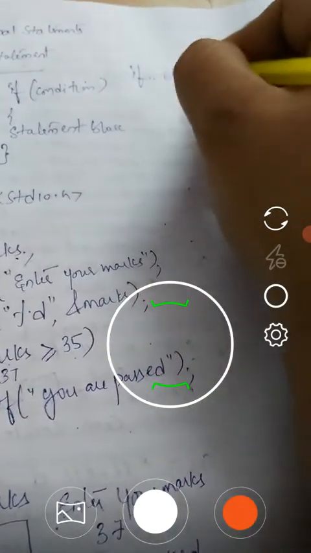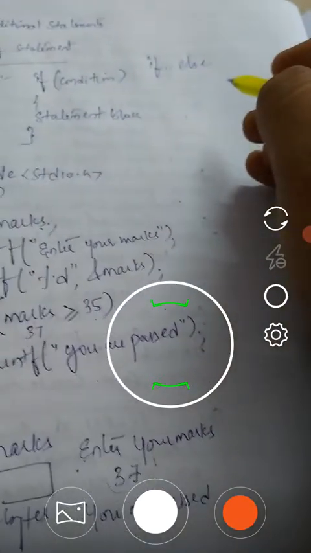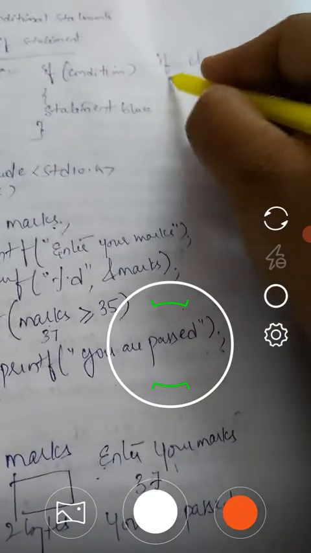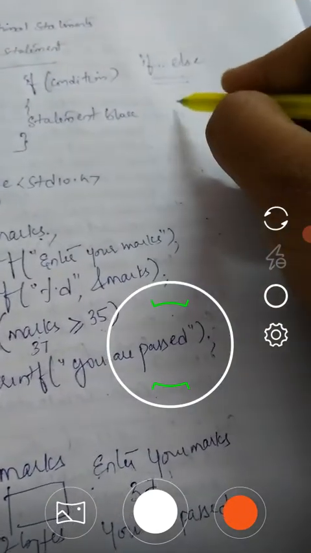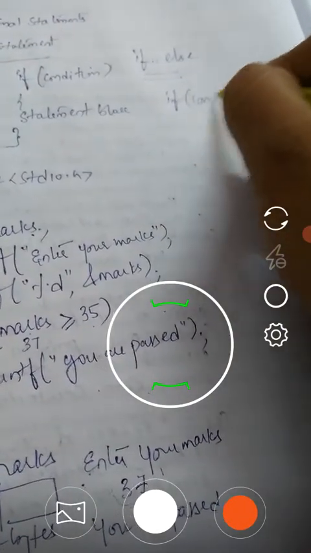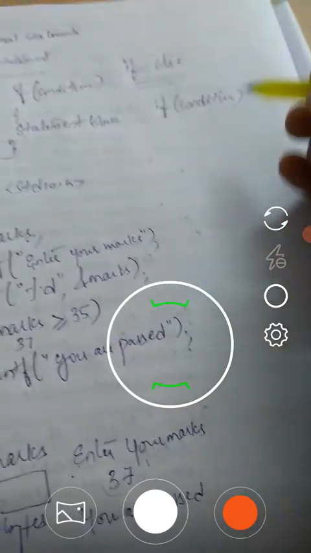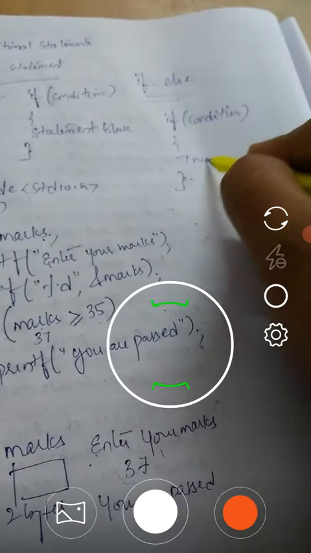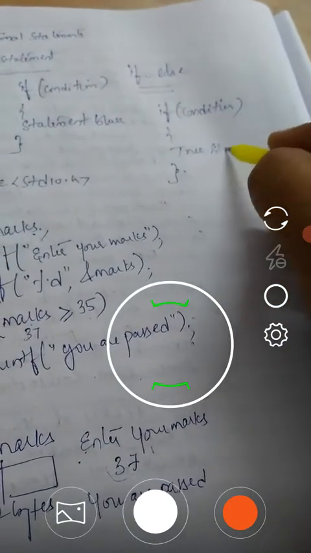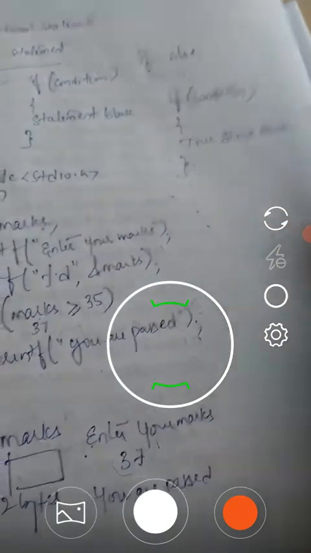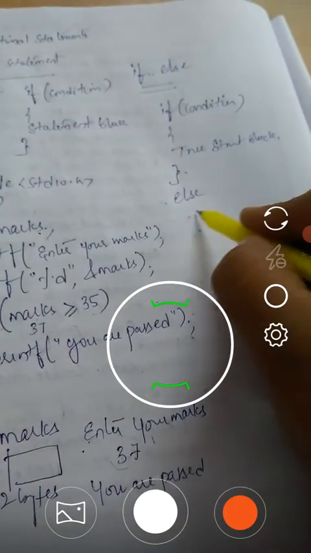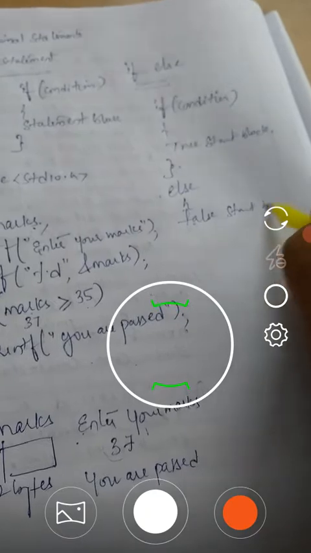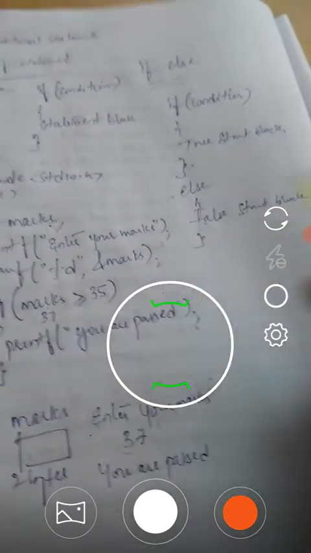If else statement we have to choose for displaying whether this or that. The syntax for this if else statement is: if condition. If this condition is true, the true statement block is going to execute, otherwise the else false statement block is going to be executed.